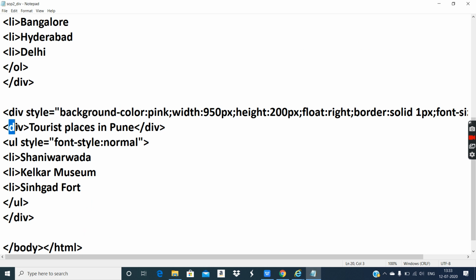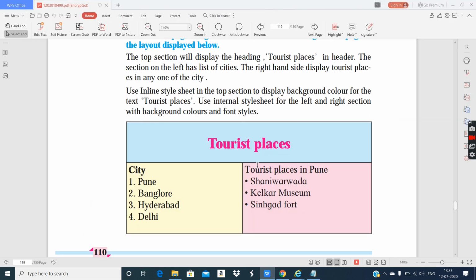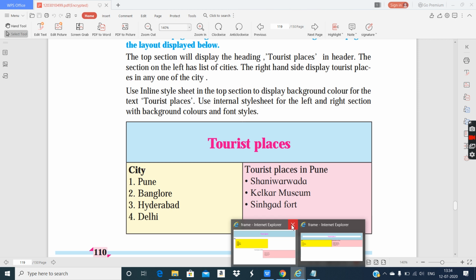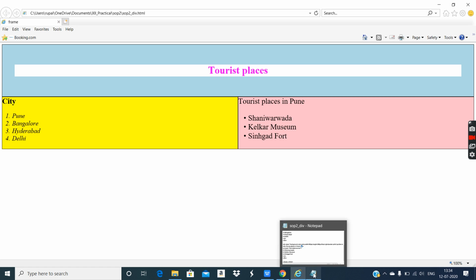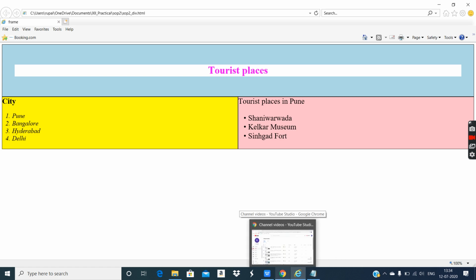This text I displayed with the help of division tag because the p tag takes a line gap and that doesn't look like the output we want, because here there is no gap before Tourist Places in Pune. Pay attention to this. Definitely you get a line break because OL will take some gaps. OL, UL both will take some gaps, so you will definitely get some gaps over here. That is fine, a little bit here and there. With the help of division it can be done.